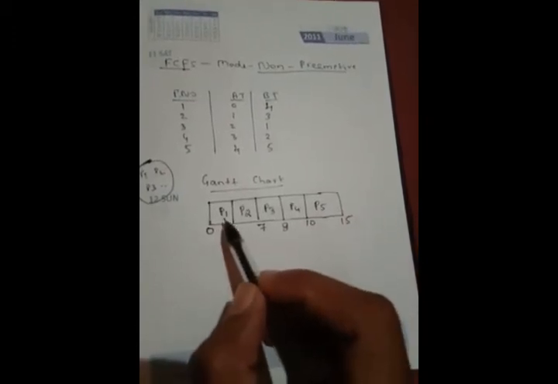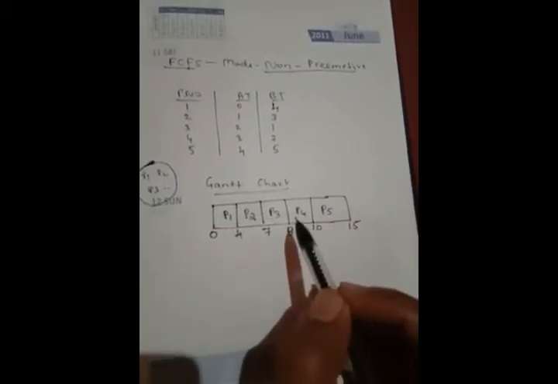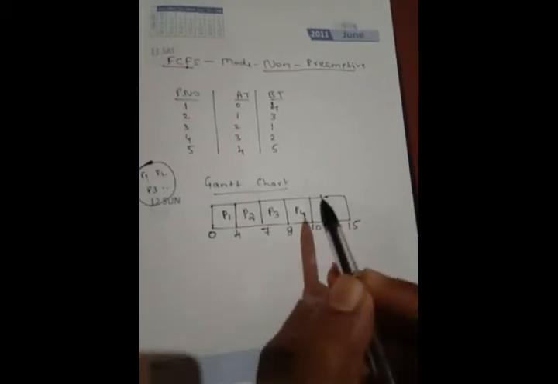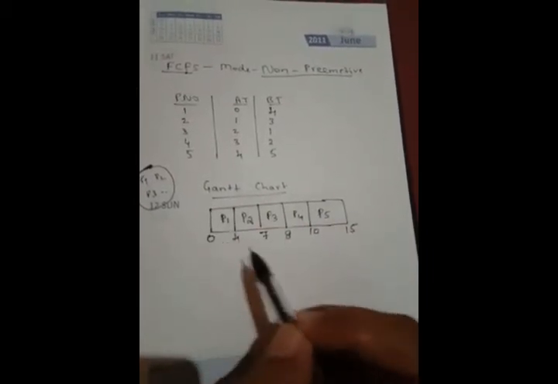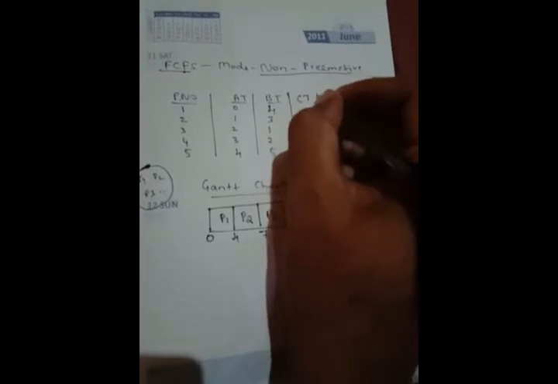Fine. Now all the processes we have written in the Gantt chart. So this is the overall idea of at what time the process comes and how much time it will take for execution. By looking at this we can calculate the concept of completion time, or CT. In the previous slide I have given some terminologies. You can go through them for better understanding.